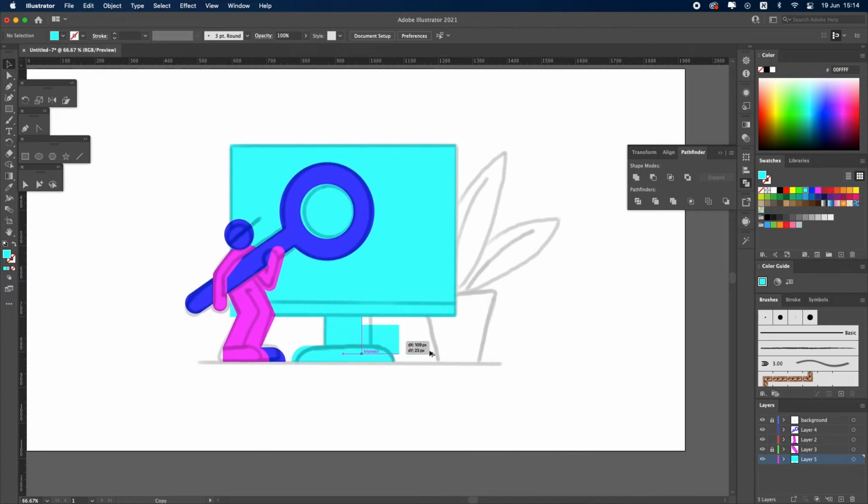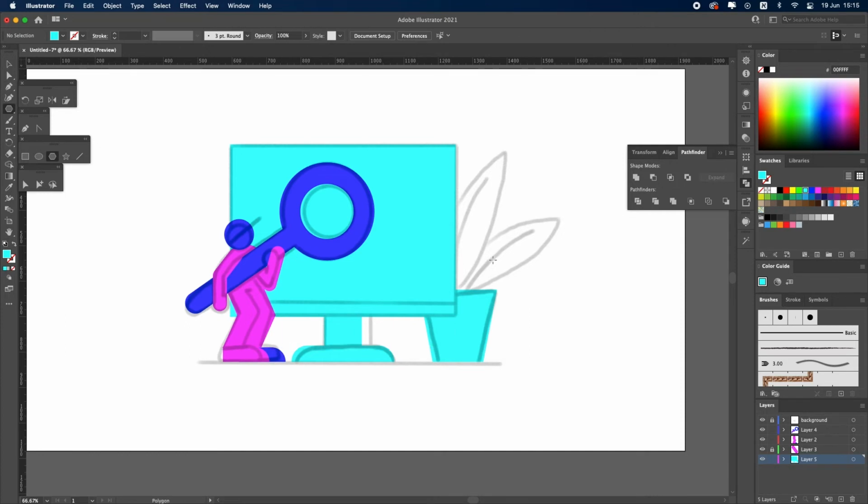It remains to create the flower pot. We will take the rectangle tool and create a new shape for the planter. Using the Align tool, we will align the planter to the bottom of the stand, and then change the size according to the height and width of the sketch. We will select the Direct Selection tool and reduce the space between the 2 points.